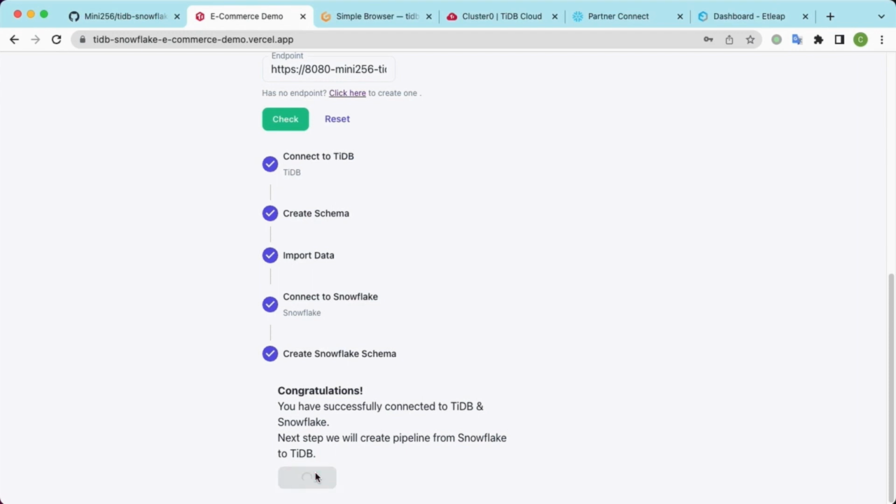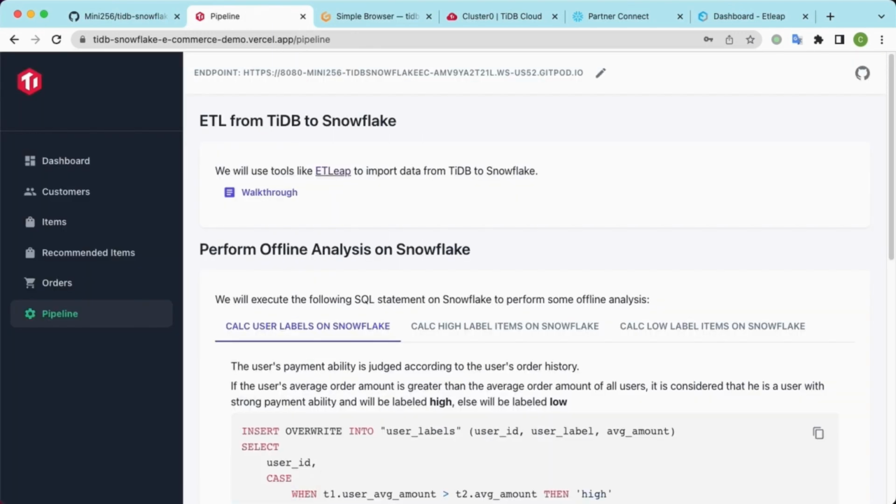There we go. Hopefully it won't take as long this time to get from one screen to the other. All right, so here we are. We're at the console page right now. Here at the left, you can select where in the console you want to go. And here's our endpoint, and notice that you can edit this. From this page, we can get to GitHub, and we can go to tools like ETL Leap to import data